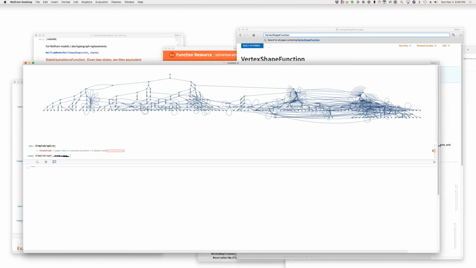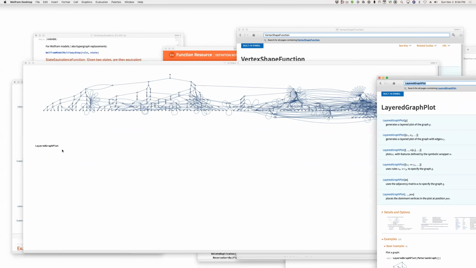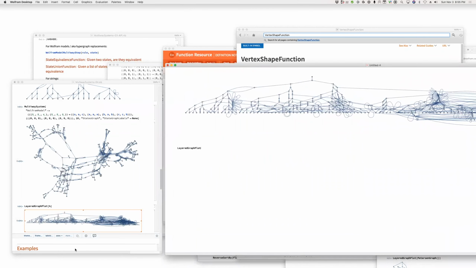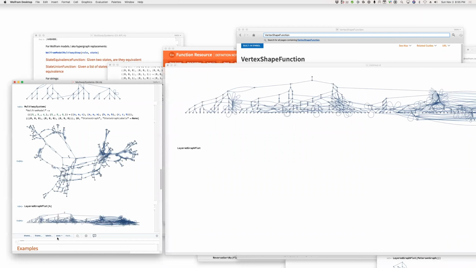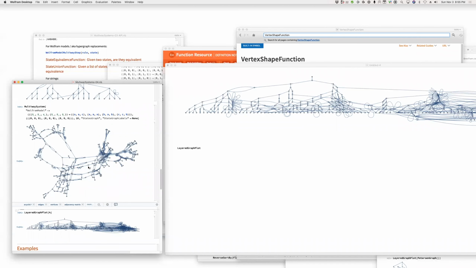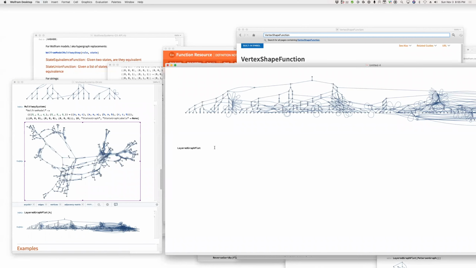I can't do that because we'd have to do simple graph of the previous graph. But let's see. Doesn't layered graph plot, I think, allow you to give the node? I thought there was a way of specifying the initial node. Okay, so that's the graph there. So we can say of simple graph,